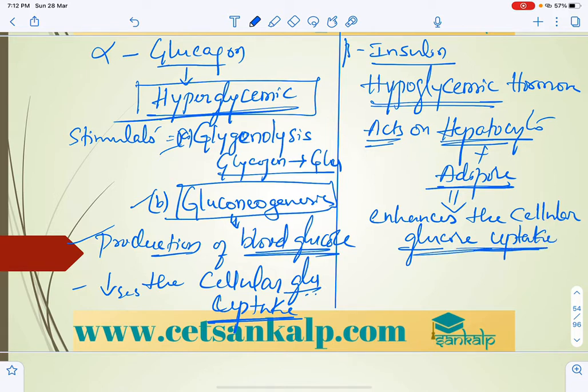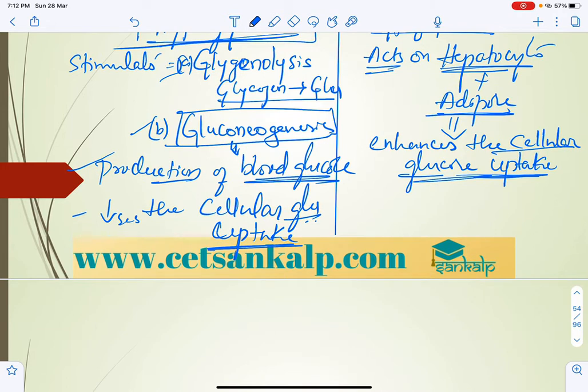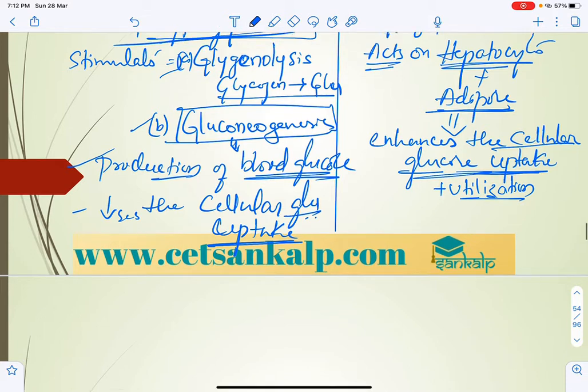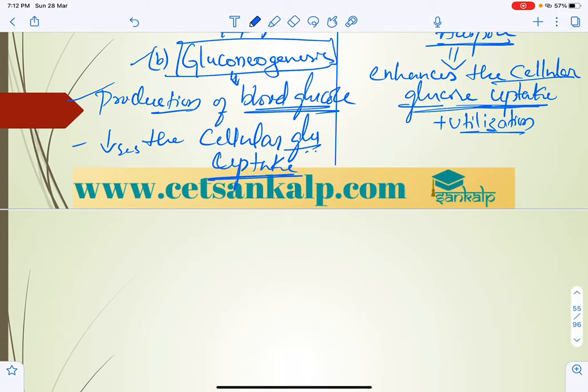Enhances the cellular glucose uptake, thereby it also enhances its utilization. It helps absorb glucose and also helps in utilization. So it stimulates, and as a result of this, it increases the movement